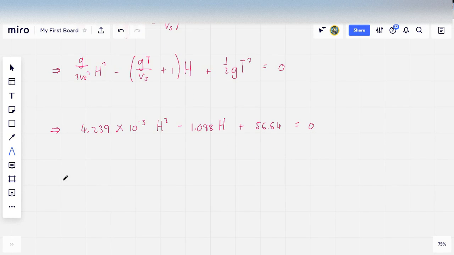So we use the quadratic formula and we solve for h, and we get the height of the cliff h